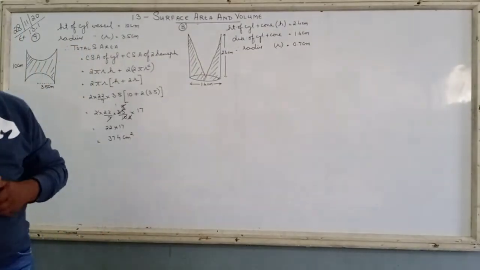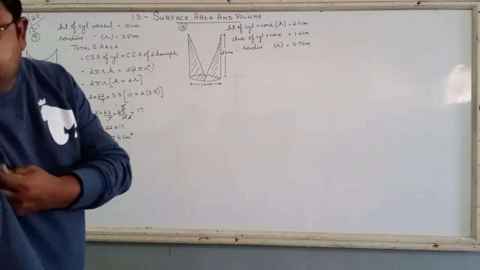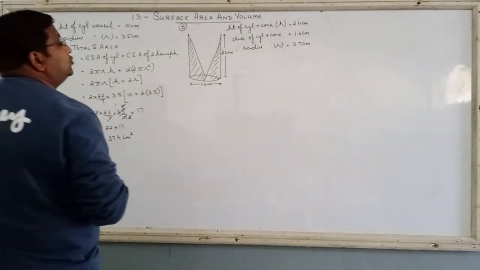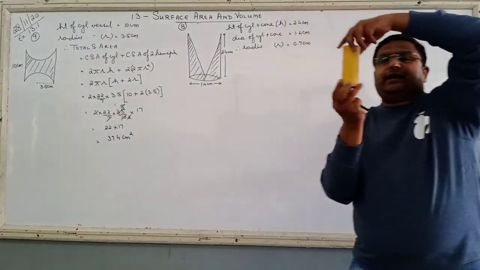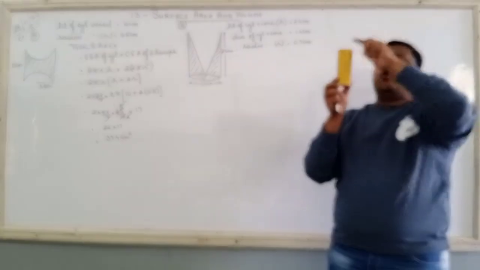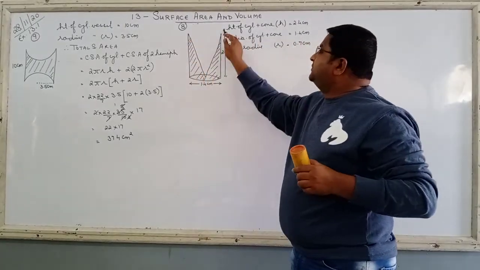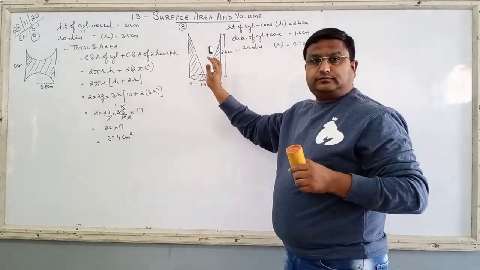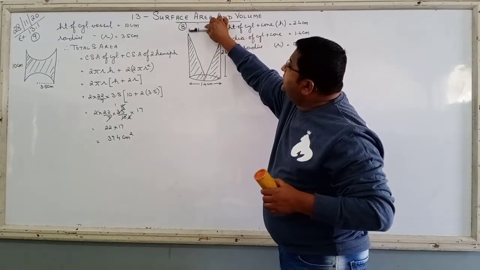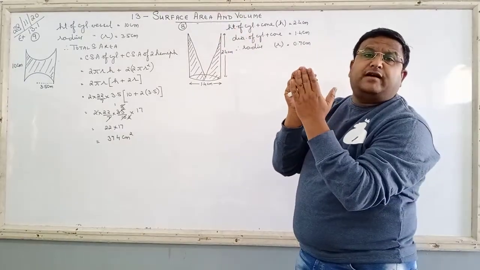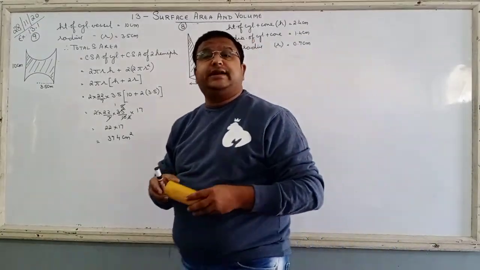Now the question arises. He says find out the total surface area of the remaining solid in nearest centimeter square. Total surface area. Now just check. From this cylinder, we are taking away a cone. A cone is taken. So which surface is visible? This curved surface area of the cylinder, and this curved surface area of the cone. Yes or no? And this portion is gone, but will the base be available with us? Yes. And what shape is the base of the cylinder? The base of the cylinder is a circle.